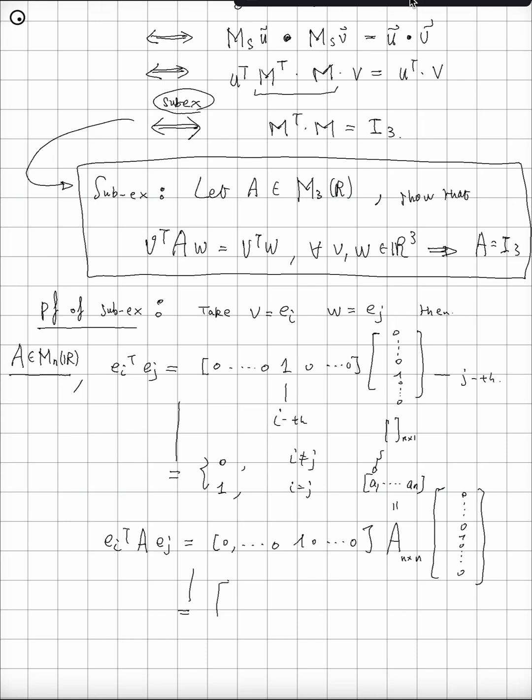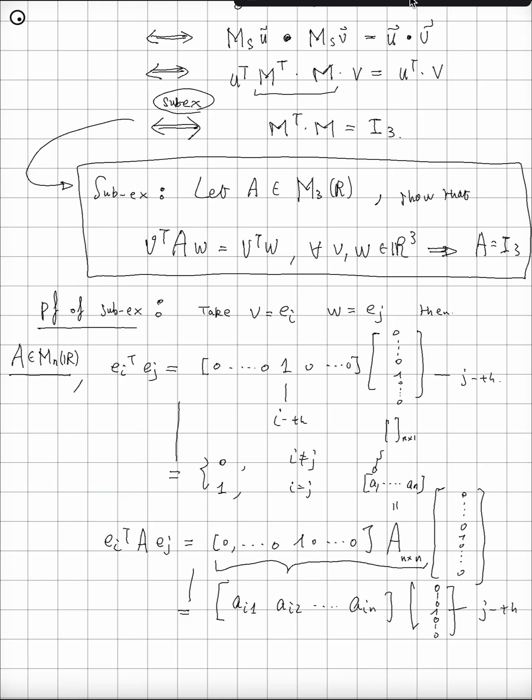So the first row of this part gives you the i-th entry of your first column, right? Let's call it A_i1, because it corresponds to the i-th row, first column of your matrix A. Similarly, you get your A_i2, up to A_in, and then multiply with this